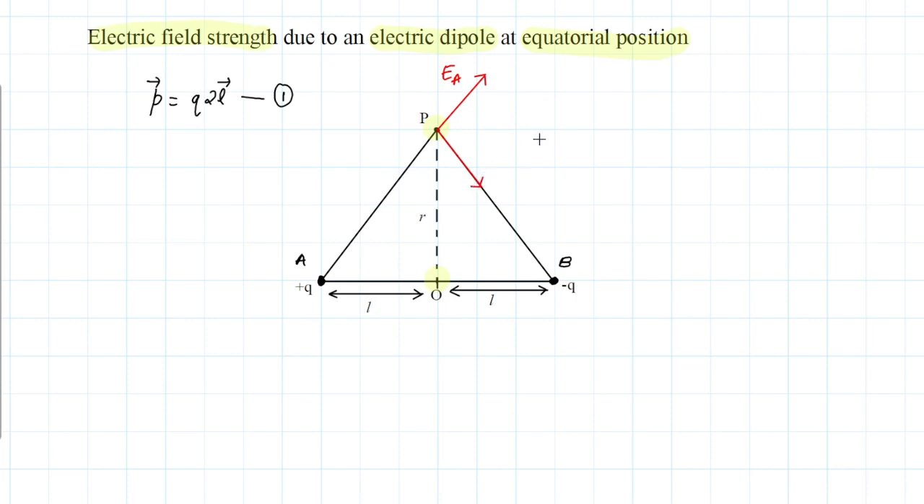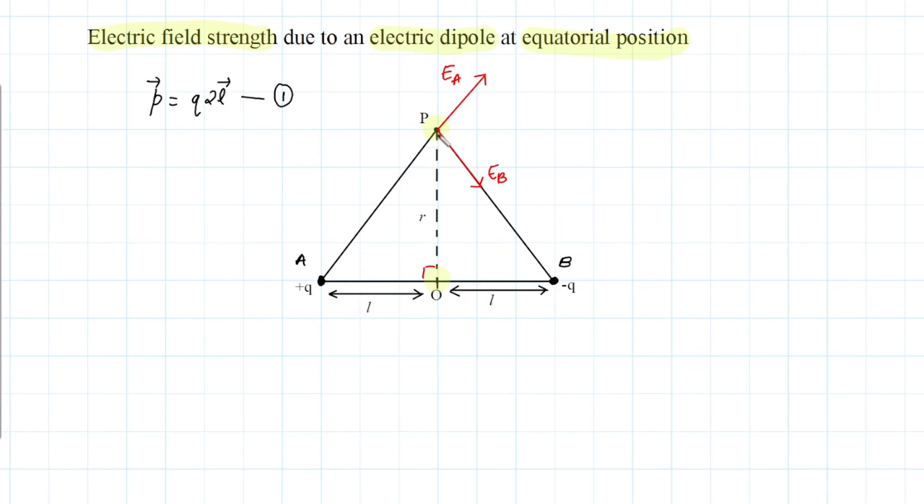It will be in this direction, and then we are going to give this the name EB, because of minus Q which is placed at B. Just for the name, we are giving it EB. Okay, so to see how much